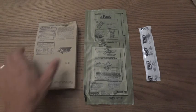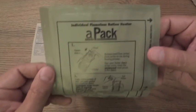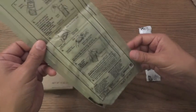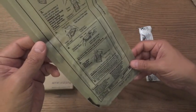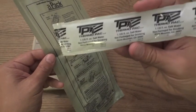Alright, now we'll go ahead and heat up the Chicken Tetrazzini. This will be my first time using an A-Pack flameless ration heater. And I had pretty much assumed it was exactly the same as the standard genuine MRE FRH. But it does look like there are some slight differences. In addition to the fact that you use salt water,